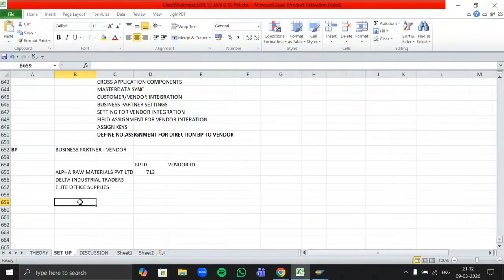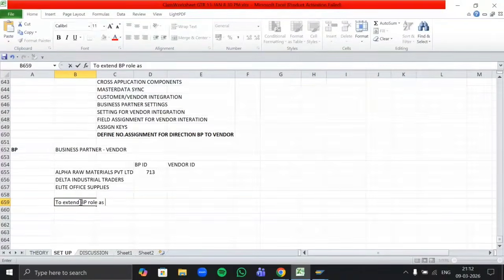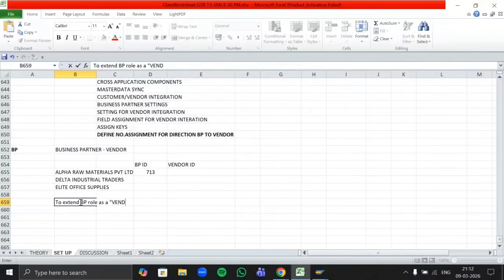So to extend your BP role as a vendor role, we need to change the role code. Change the role to FLVN00.